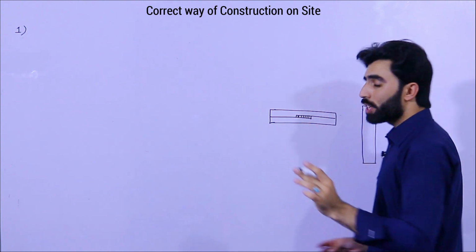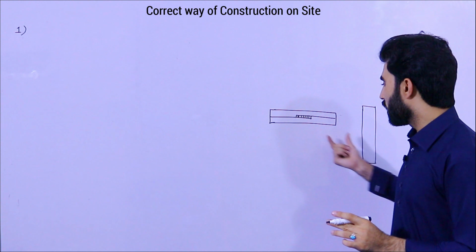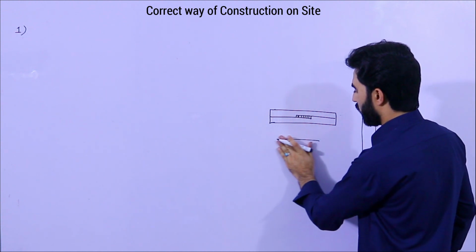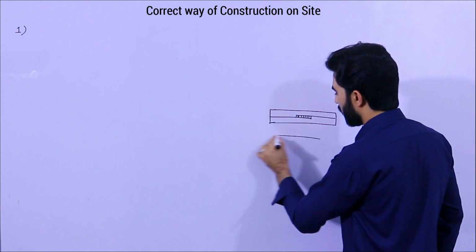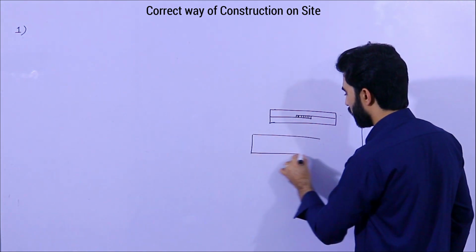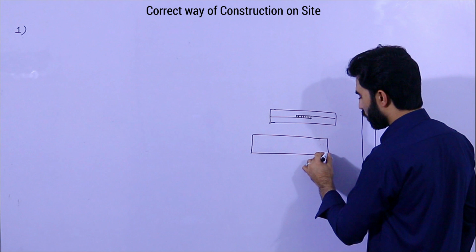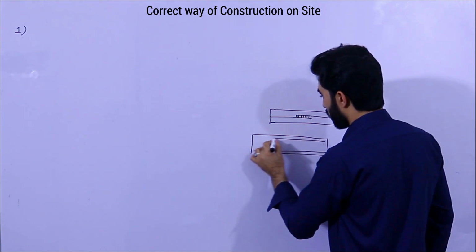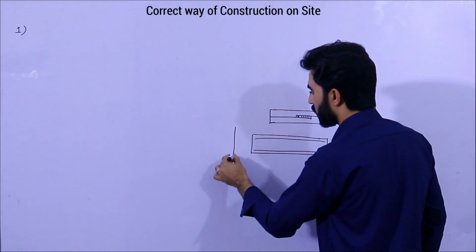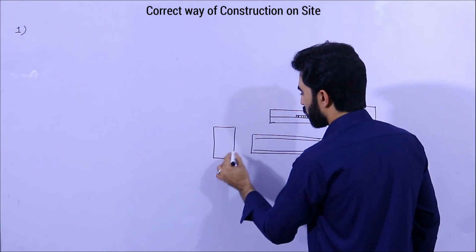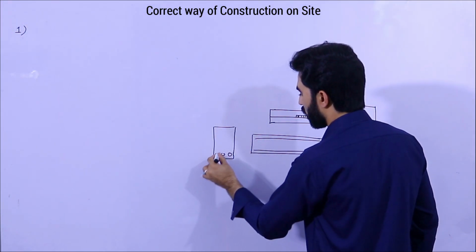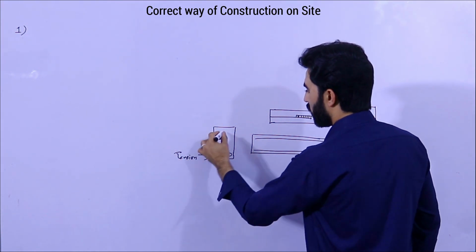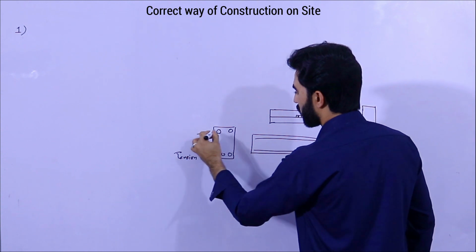Here we can provide two types of steel bars. One is in tension, the other one is in the compression zone. Guys, you can see clearly, these are tension steel rods, and this is compression. Let me show you in the section. You can see I provided 3 steel rods, so this is the tension zone, and here 2 steel rods, this is in compression.